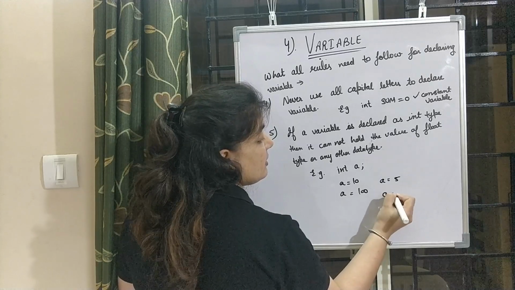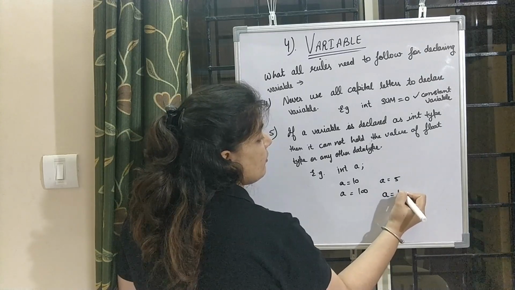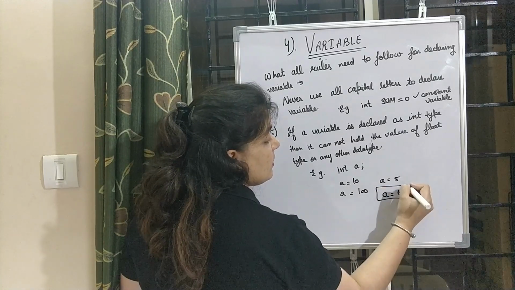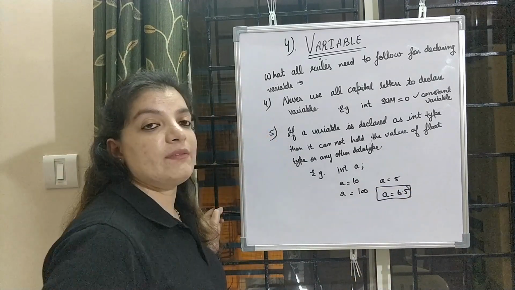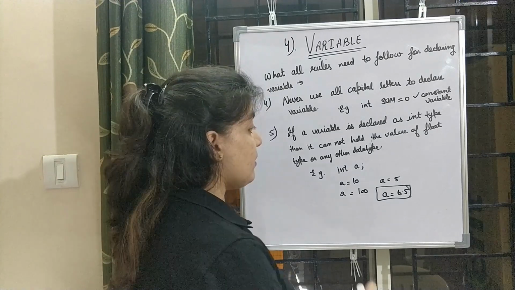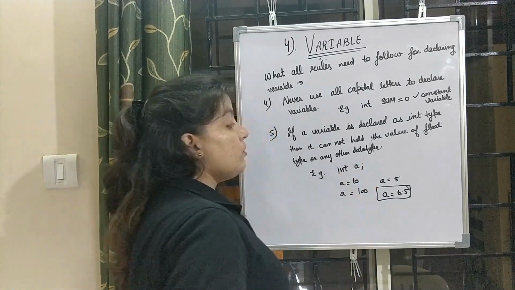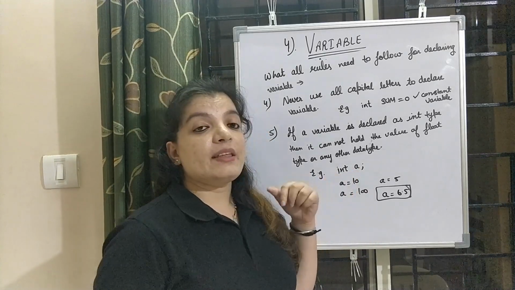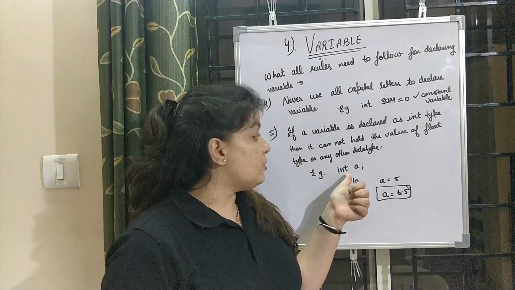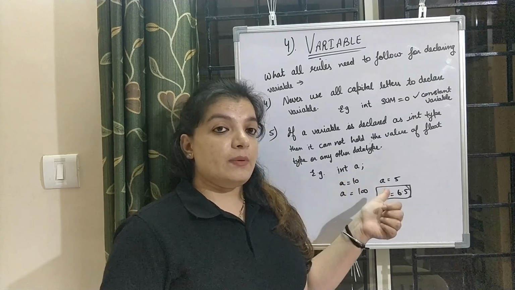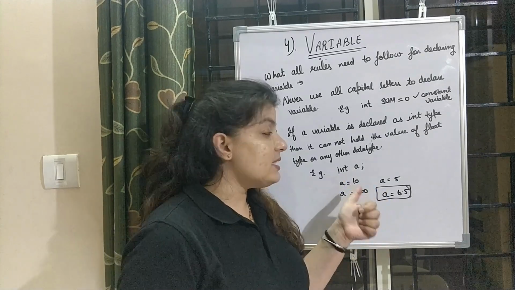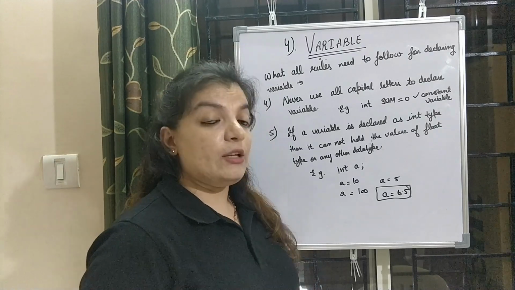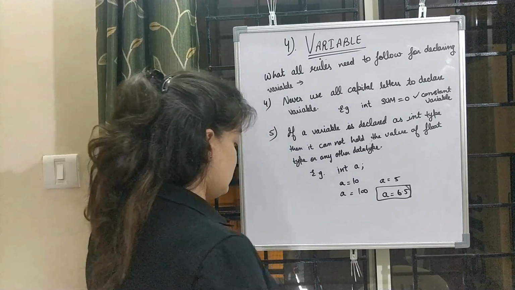But if I have written here a value is equal to 6.5, this will create an error when we execute our program, because as I told you, to process any data or any variable, we must specify a data type clearly. Otherwise, the computer does not understand what operation it has to execute.